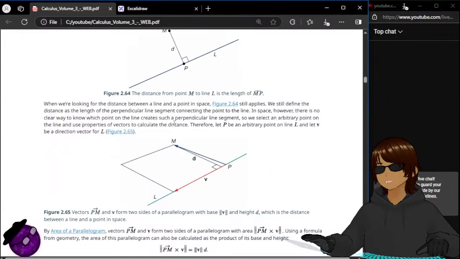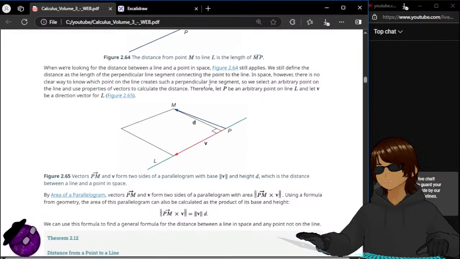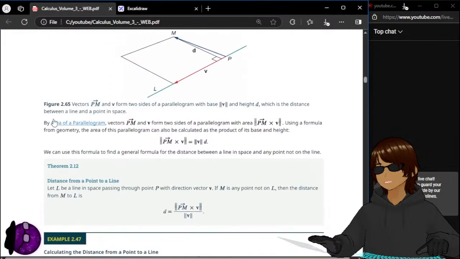When we are looking for the distance between a line and a point in space, figure 2.64 still applies. We still define the distance as the length of the perpendicular line segment connecting the point to the line. In space, however, there is no clear way to know which point on the line creates a perpendicular line segment. Okay, anyways, the area for parallelogram vectors PM,